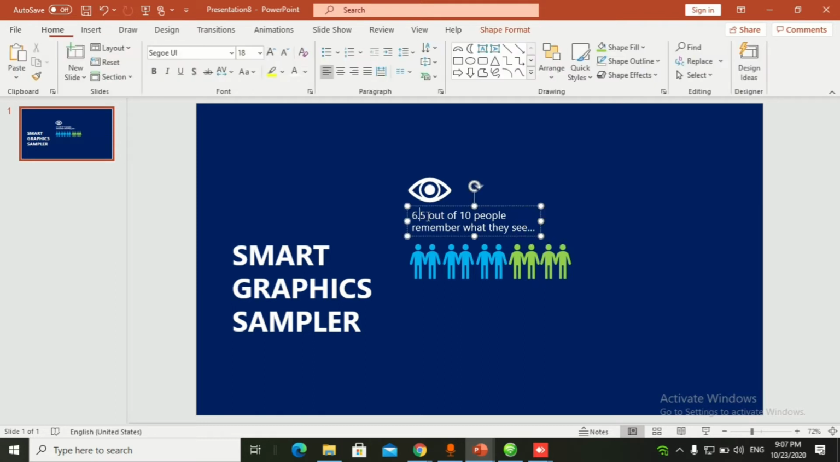So let's say I'm going to change this one from 6.5 to 6. So 6 people out of 10 remember what they see. That means 4 remember and 2 do not. Now there's another way you can make your graphs more interesting without using